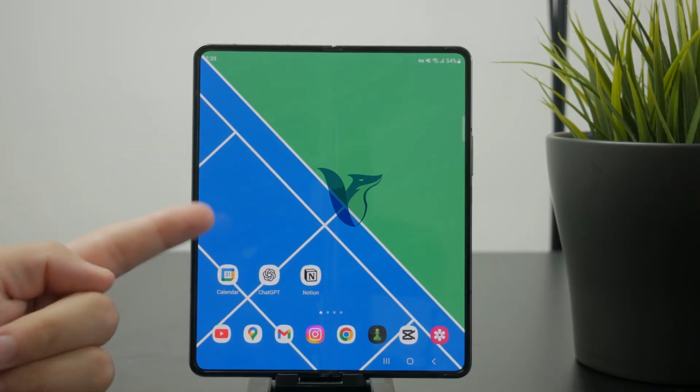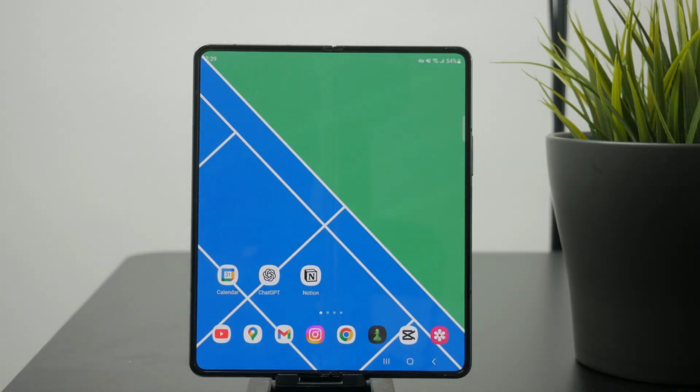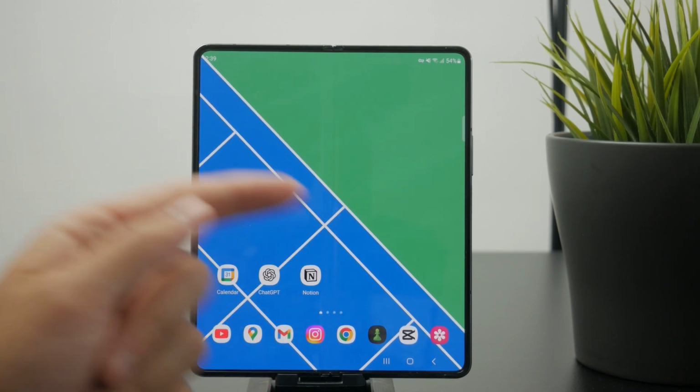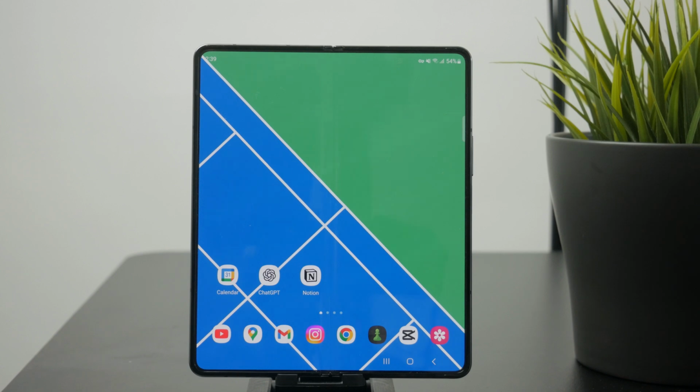So how do you enable the developer mode on Android? Let's get started. The developer mode is like a different layer of control which is given to you when you enable it. A lot of times you may need this to access some deeper settings, but in order to enable it, you